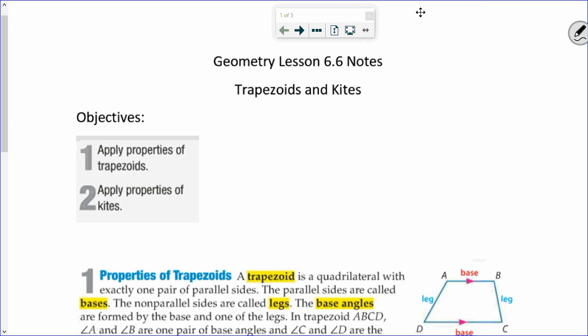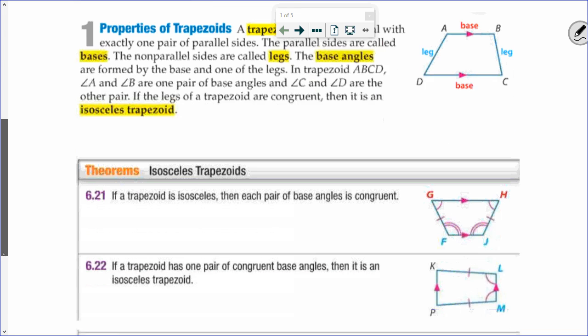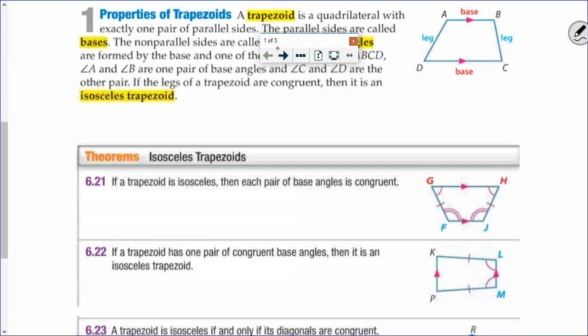All right, hello everyone. This is the 6.6 notes video over trapezoids and kites. So our objectives are to apply properties of trapezoids and apply properties of kites as well. If we read here the properties of trapezoids,